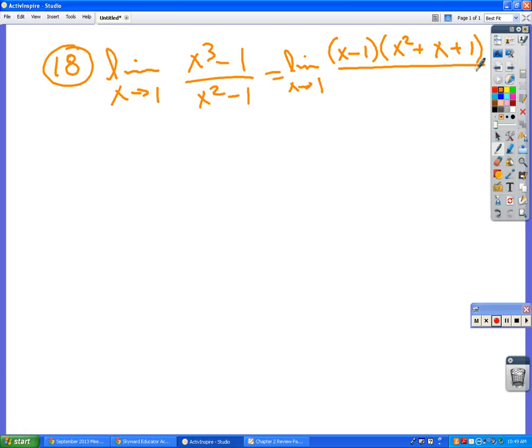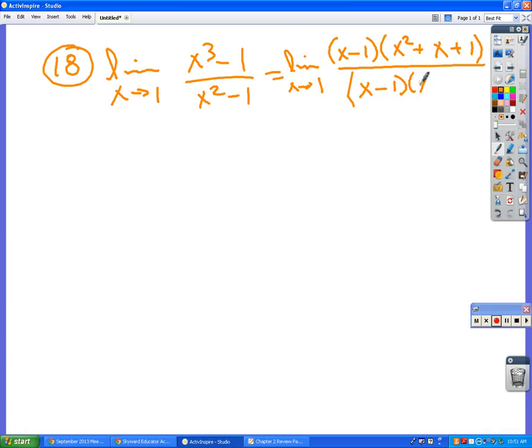When it's the difference of two cubes, it's a minus b. If you change this to the sum of two cubes, this becomes a plus, and then this becomes a minus. And then the bottom is the difference of two squares, so